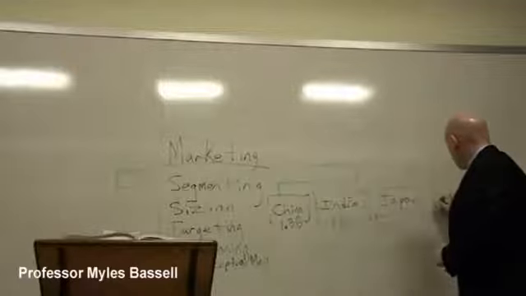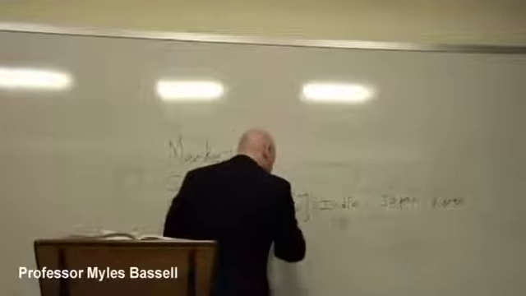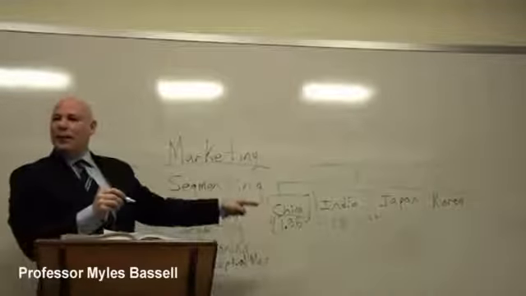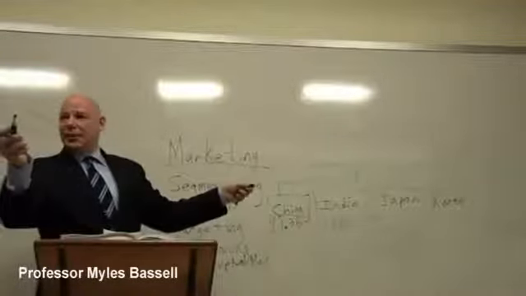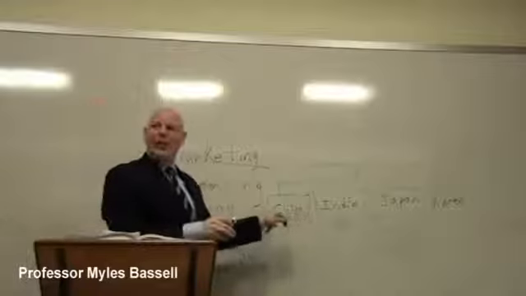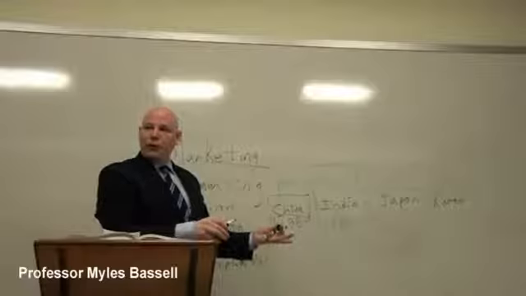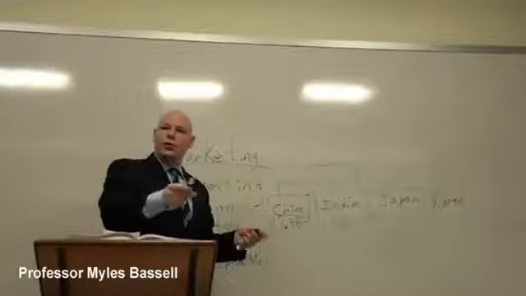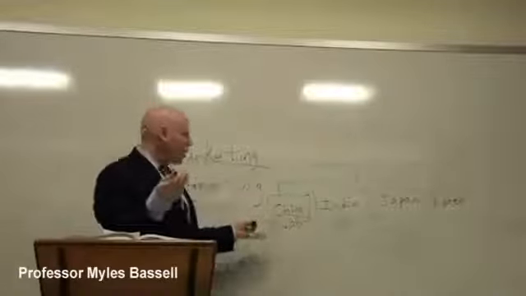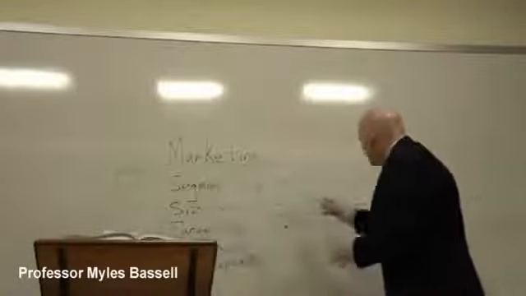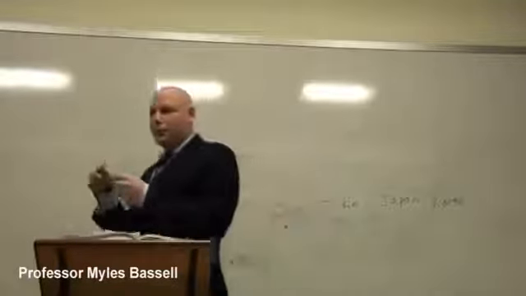Japan, Korea. And by the way, you see what I just did here? By quantifying the population, that's referred to as market sizing. What I just did is quantify the size of the market by saying that 1.3 billion people live there. It could be in dollars, it could be per capita income, it could be the number of people. But once we segmented the market, we want to know the size of each segment. Do we prioritize because of that?